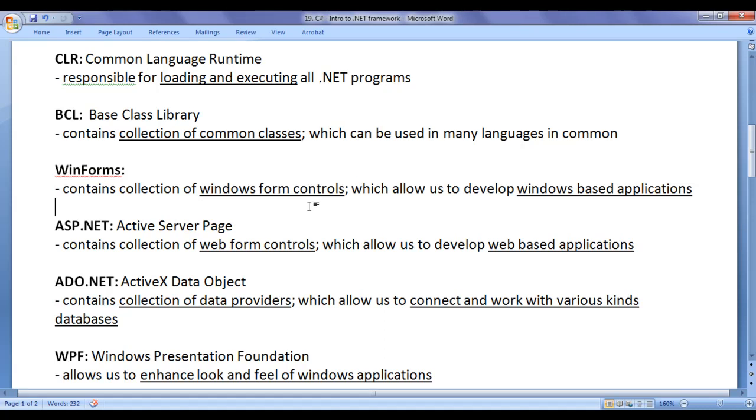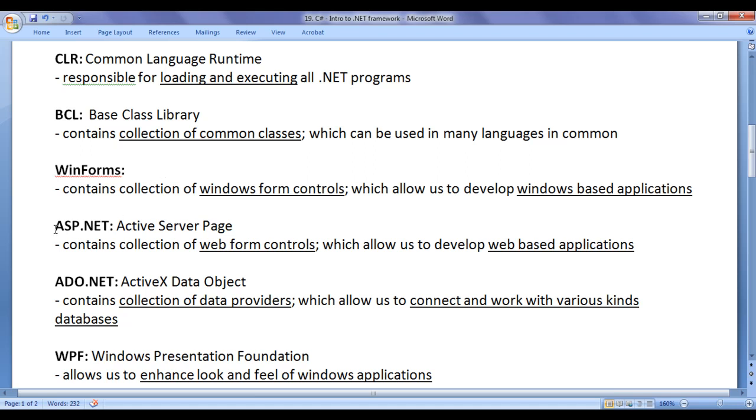So a wide variety of controls you find inside the Windows Forms component which allow us to develop Windows based applications easily. If you want to develop Windows based applications, you are going to understand the WinForms component, guys. WinForms is equivalent to Swing in the Java programming world, guys.